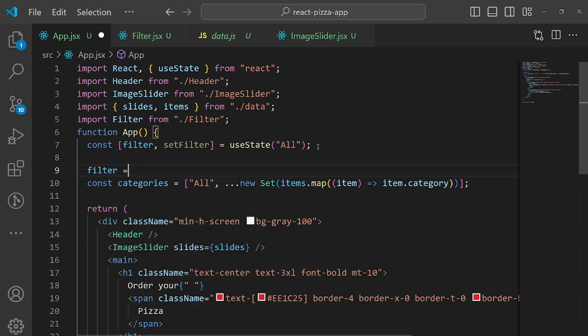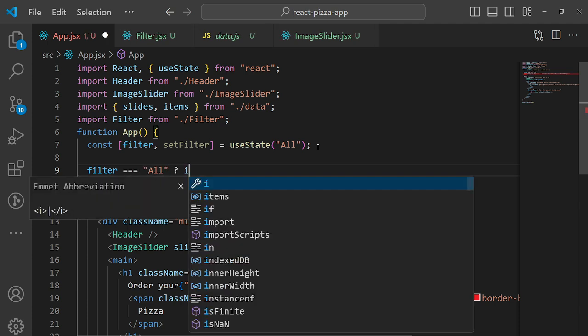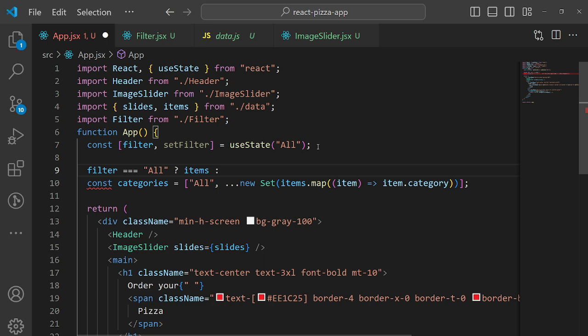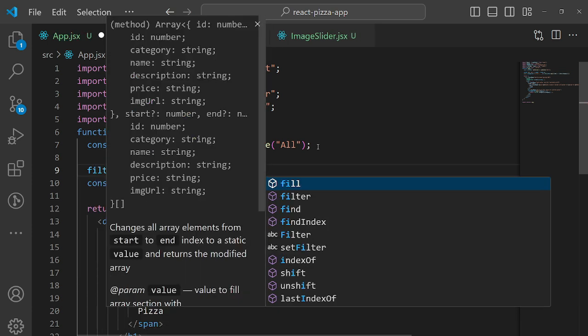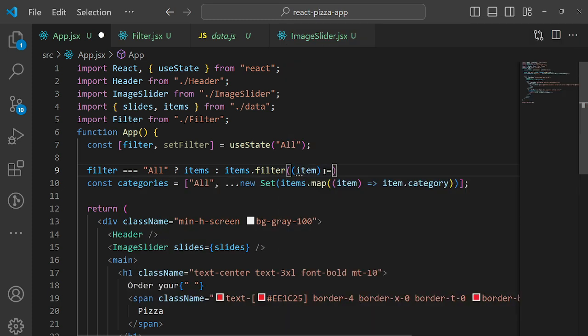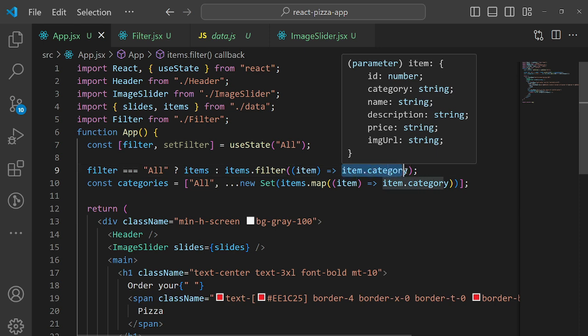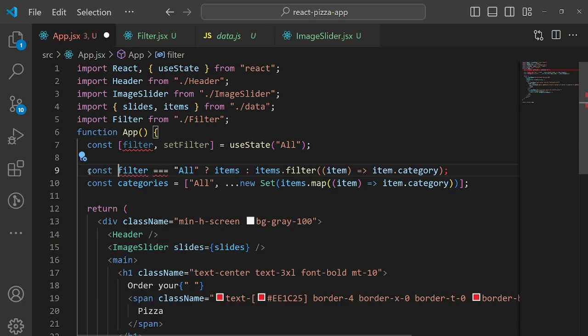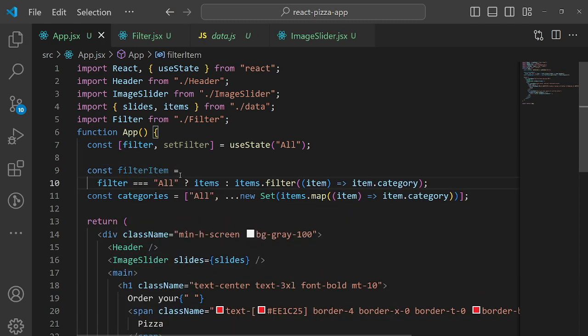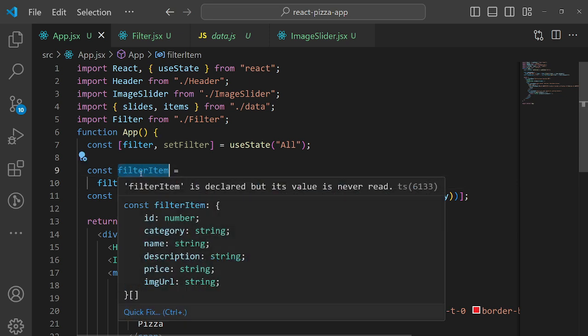If the filter is triple equals to all, then return this items array, or else we have to filter it. For that I have to write items dot filter, and here I write item such that item dot category. I have to filter category wise. Whatever category is coming, that data will be stored into a variable, and the variable name is